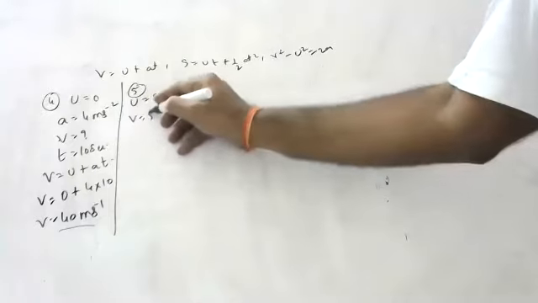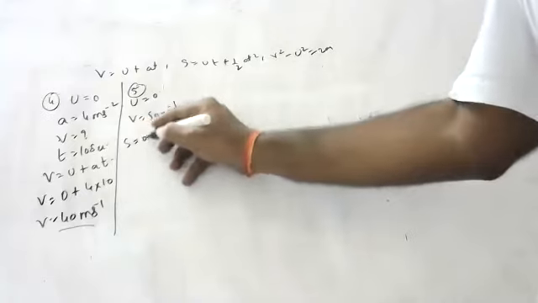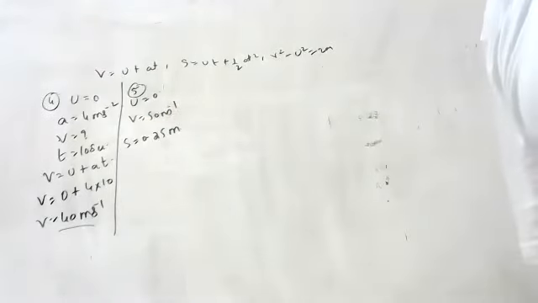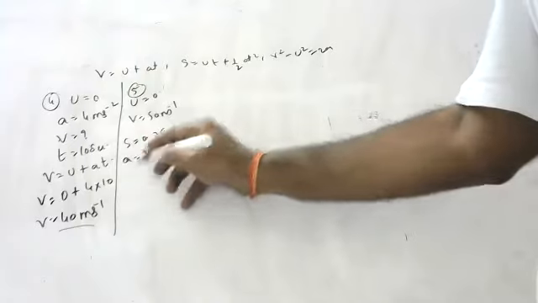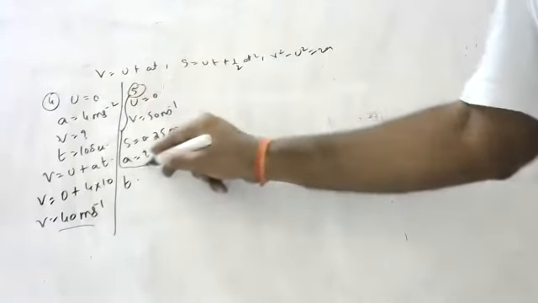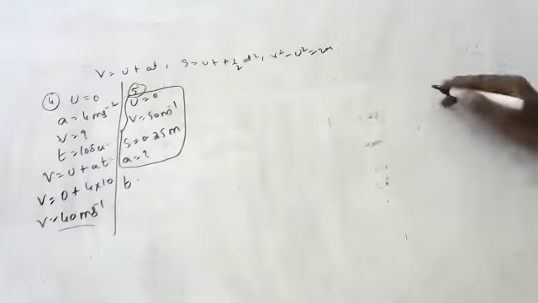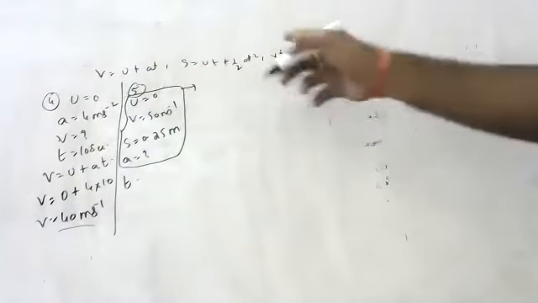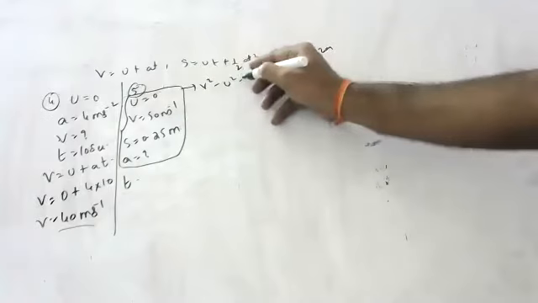Fifth question. Tanmay? Yes, sir. A shell is accelerated from rest to a velocity of 50 meters per second over a distance of 0.5 meters. Calculate the acceleration and then find the time. Connecting all this, which equation of motion do we have? V U A S. V square minus U square is equal to 2AS. Tell me how to do.